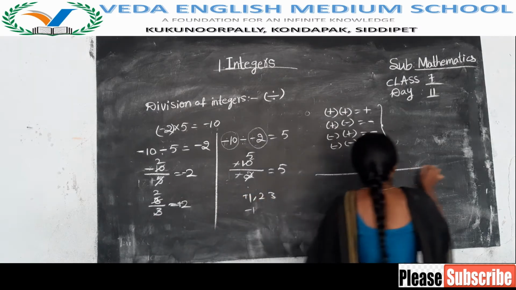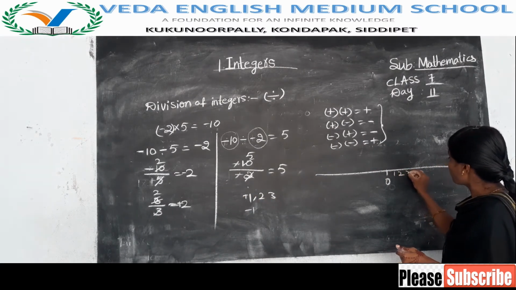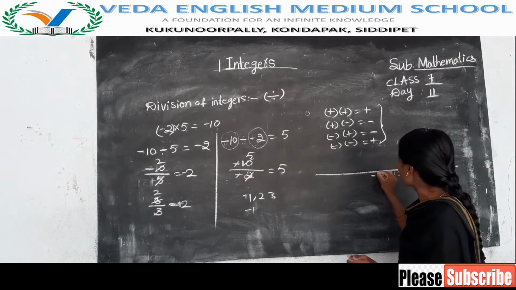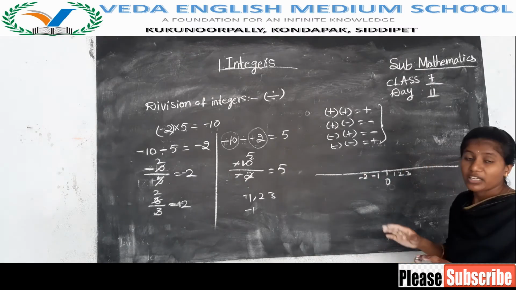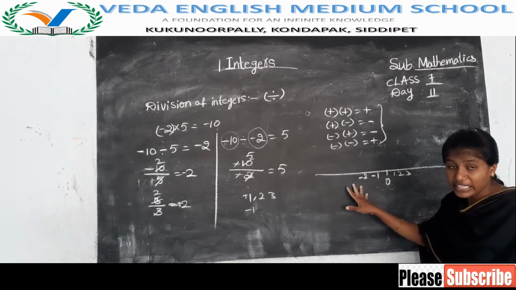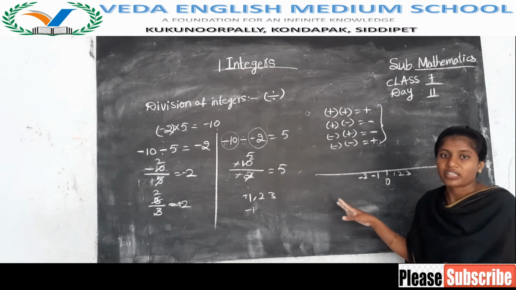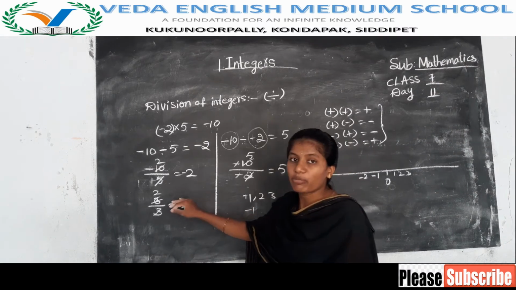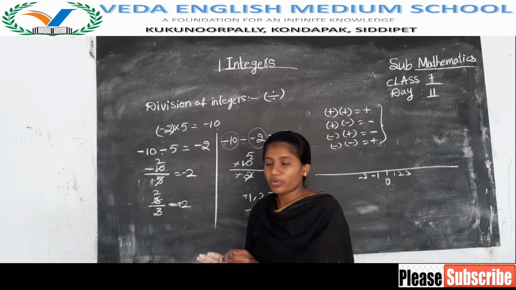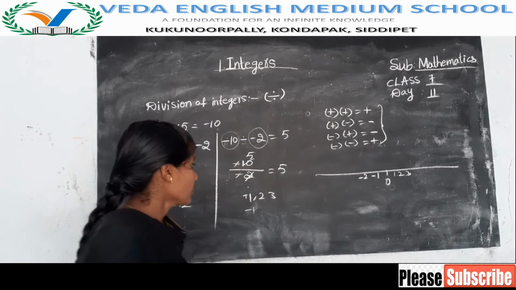While you are reading negative numbers, you say minus 1, minus 2, minus 3. For example, while drawing on the number line, when writing positive numbers you simply say 1, 2, 3, 4. While writing negative numbers, you indicate the symbol: minus 1, minus 2, minus 3. That means there is no need to indicate plus because that is plus only. If you get a negative, then you have to pronounce that minus. You have to read that minus.